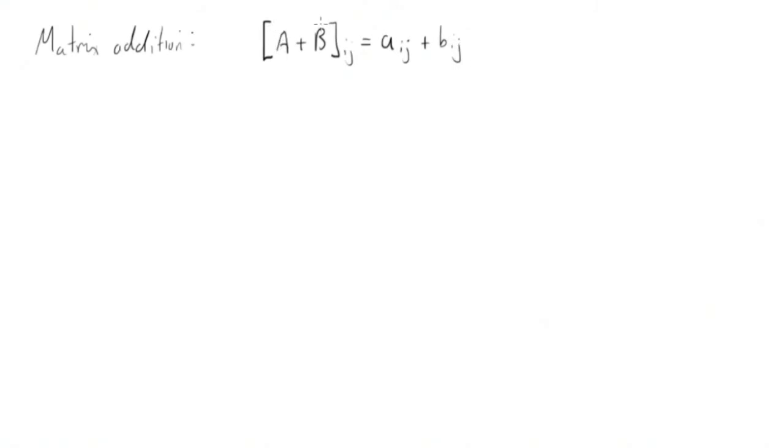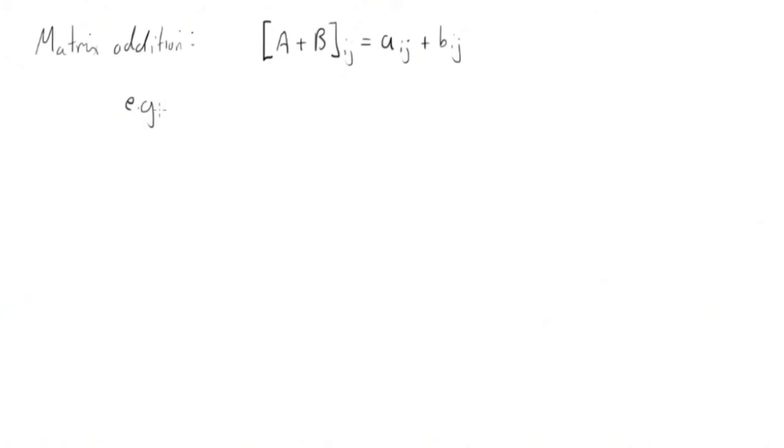Okay, so on the left hand side we have two matrices A and B, and I'm using this subscript notation, where i denotes the ith row and j denotes the jth column. So this notation means the ijth element of the matrices A plus B, and that's equal to the ijth element of A plus the ijth element of B. Okay, so all that means is if we want to add two matrices A plus B, we simply add the